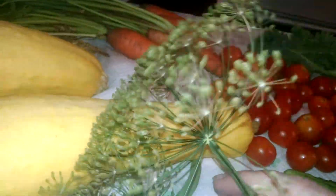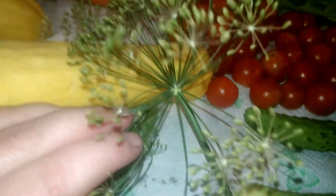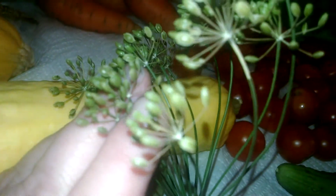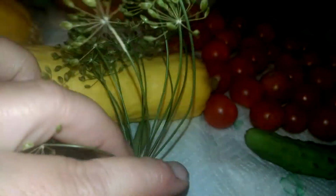He's silly. He knows what dill weed is. I think he was playing a joke on me. But anyway, we have tons of this, so it really didn't matter. You can see that the seeds are not fully mature, and that's okay. I'm still going to use this in my pickles, and then I'll add some dill seed that we have left